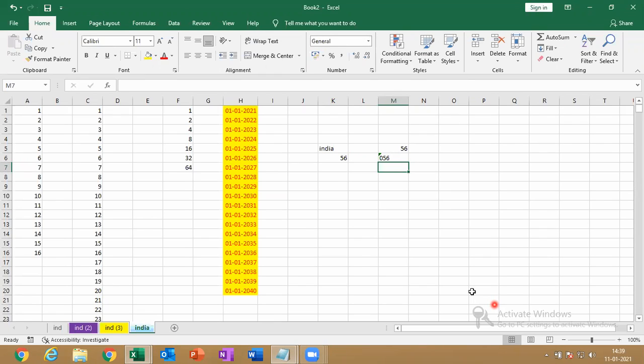But 0 is not possible to take before, so that is why I give a single inverted comma, saying that it is coming as text. See, automatically the border is coming. Why? Because it's an error. The number will be automatically converted as text. If I give it like that, see, the number has been stored as text. So convert to number. That's it. Got it? Good. Great.